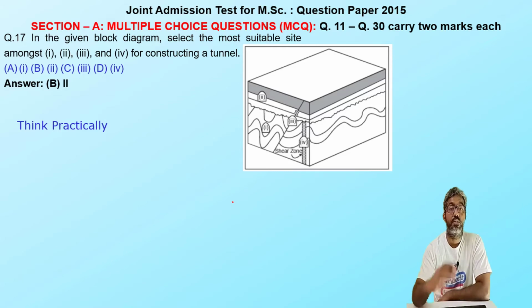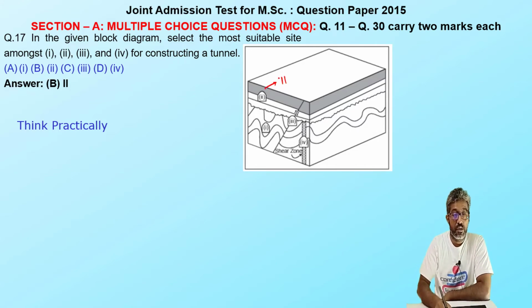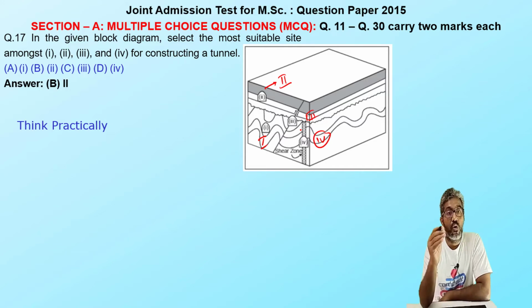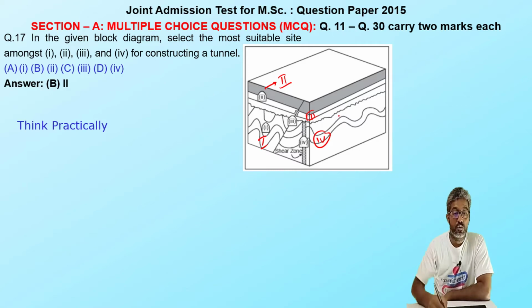Moving to the next question, this is one of my favorite topics, engineering geology, where we have the tunneling part. There is no explanation needed because I can clearly tell you which location is best, as per my experience working in the field for the last 10 years. This is location 2, this is location 1, this is third, and this is fourth. Whenever we have any fold and fault, we need to avoid it, especially the fault. You have to avoid construction at a fault location. So third and fourth are not options, so I have to exclude these. The first one and second one remain.